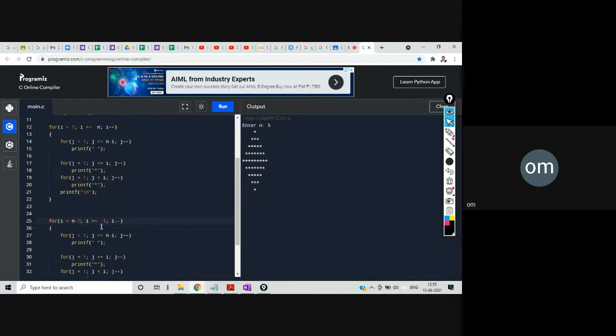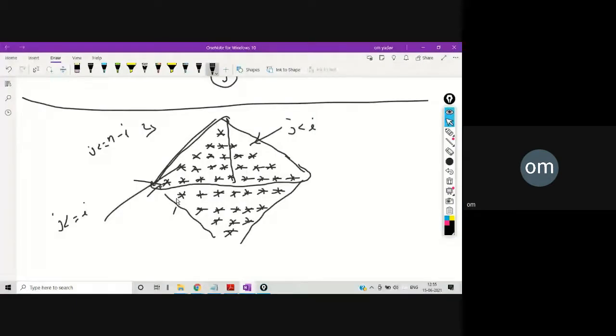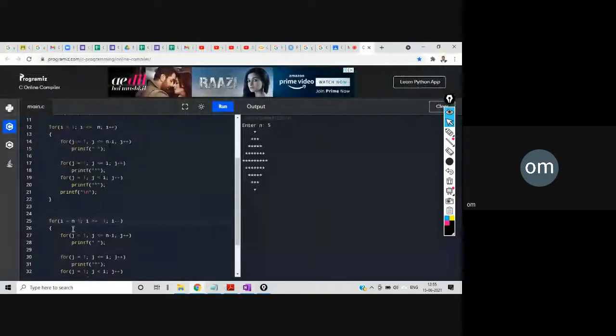Now if you see, in the lower triangle only the first row, second row, third row, fourth, only 4 rows are there, right? So I just made the changes like this. I just did i equal to n minus 1. So in place of n, I did i equal to n minus 1, i greater than or equal to 1, i minus minus, and I got this particular pattern.